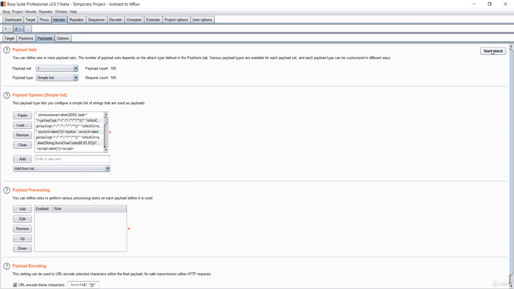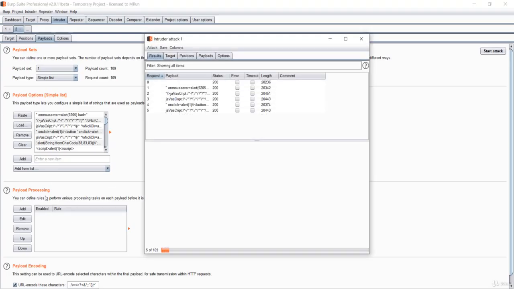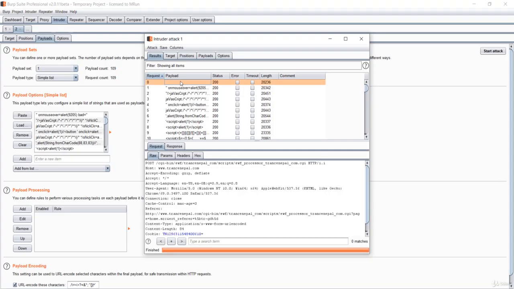After that, we'll simply start the attack, because the other parameters over here are optional. So let's wait for a moment, because it is going through 109, which is the payload count over here. It will take a certain time. Now finally it is showing finished. You could see payload 0 was empty. That means it has also injected the empty payload and it got the length of this much. So any other payload should have a length that is greater than this. Let me double click on that to see which has the highest length.